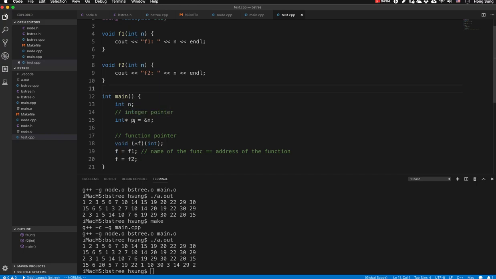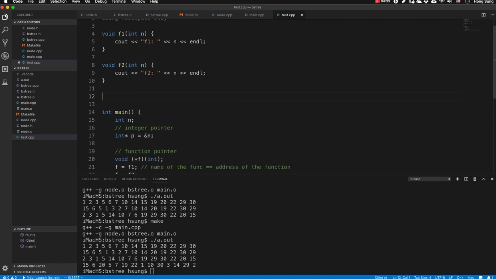Like if we had the integer pointer, all we can store is the address of integers only, not a double, something like that. The function has a more limitation, such that the function name can be stored into the function pointer, and then the function pointer defines the return type and parameter list. So only the functions with the same return type and the same parameter list can be stored into the defined function pointer. So if I have another function which has a double type variable,